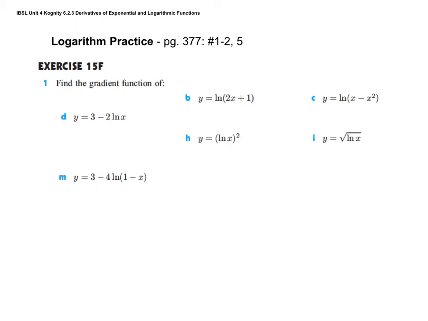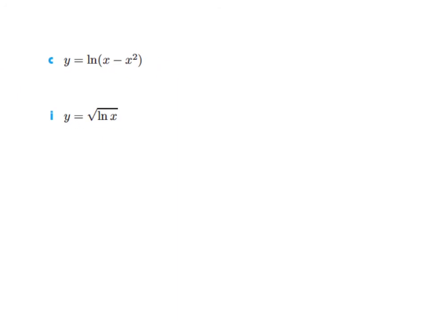If you look at H or I as opposed to B or C, you'll notice that in B and C, the outer function is the natural log. For H and I, the outer function is the square and the square root. So I want to do two of these. I'll do C and I, and you guys can do others practicing on your own. Okay? So, again, chain rule, g of u